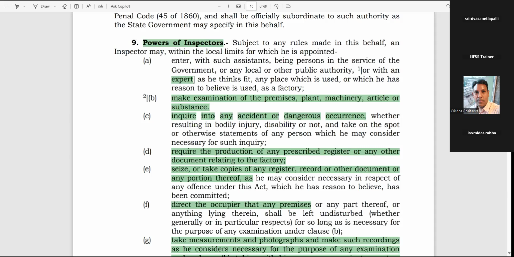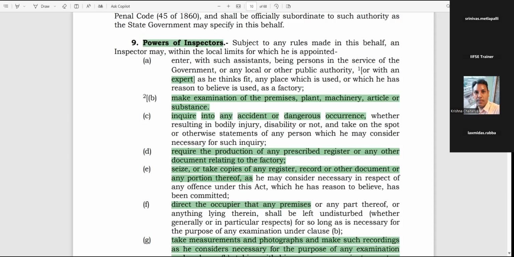Can you give some examples of the inspector having the authority to seal the company? For example, whenever there is the biggest accident, where there are no safety controls at all. I think recently one incident happened in Hyderabad, right? If the government really wants, it is not only the power of the inspector; it also comes from the government, so the government will give power to the inspector. We can seize that factory, like Bhopal, where we seized that factory. I'm not able to recall the name. That is how it happens.